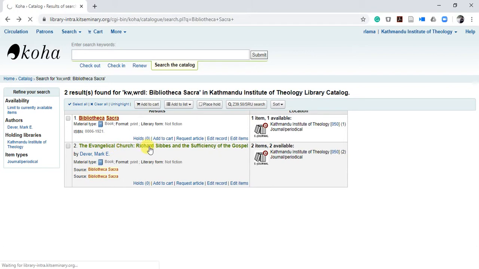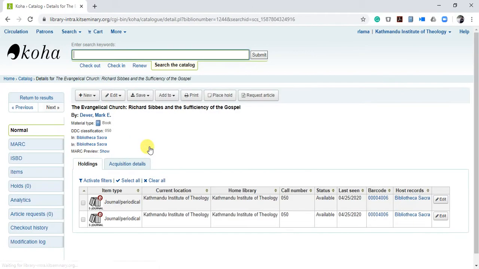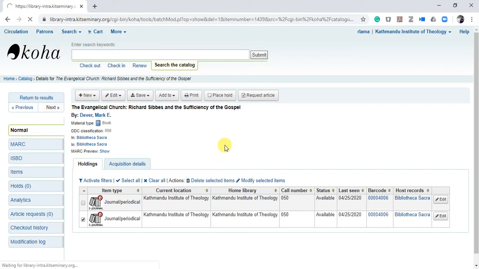Click here, and what you can see is the article name by Deber, and the material type is book, and you can see the host, where it is in Bibliotheca Sacra. So for this, as I said, the barcode in Bibliotheca Sacra was 0000406, so it has been repeated. I will just delete this one, delete selected item.